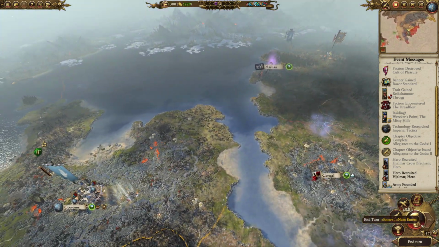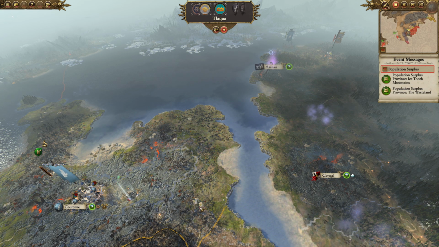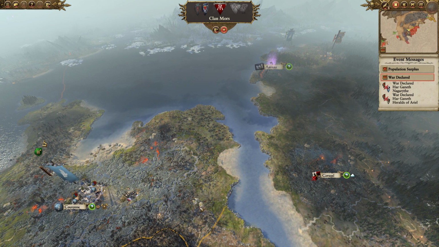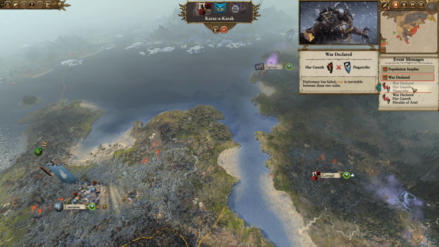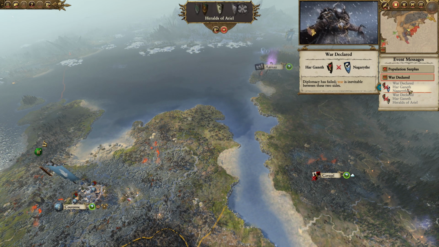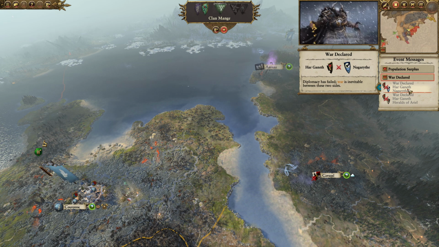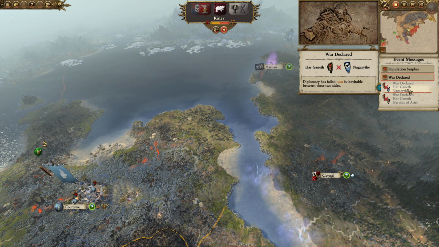Anyway, let's end the turn. Sirtha Ek's coming, and we also have Mr. Wulfric getting ready to assault the, whatchamacallums. Ooh, Harganeth just declared war on the Heralds of Ariel and Nagaryth. Okay, we're obviously going to declare war on both of those. Hopefully generate a trading contract with Harganeth for the...